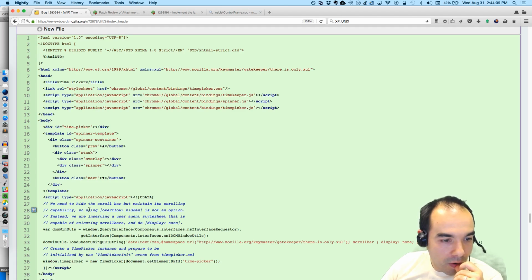Oh! We're inserting a user style sheet that's capable of selecting scroll bars, and do display none. Ah, I see what they're doing. Interesting.